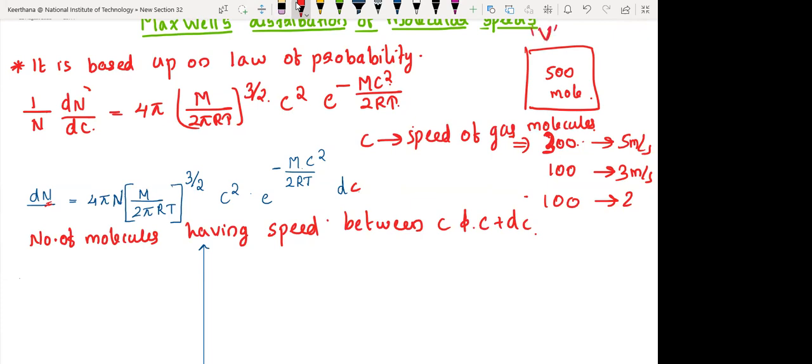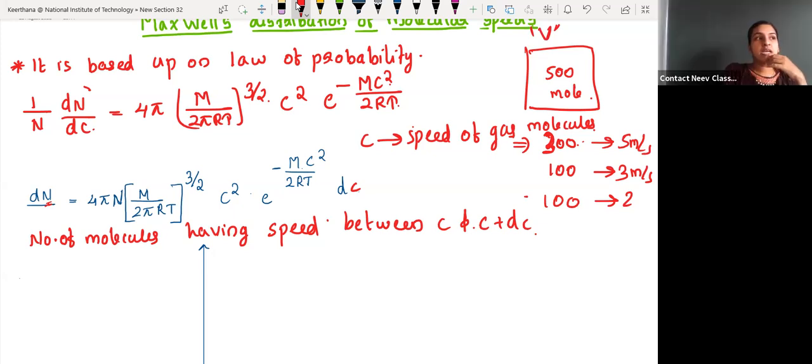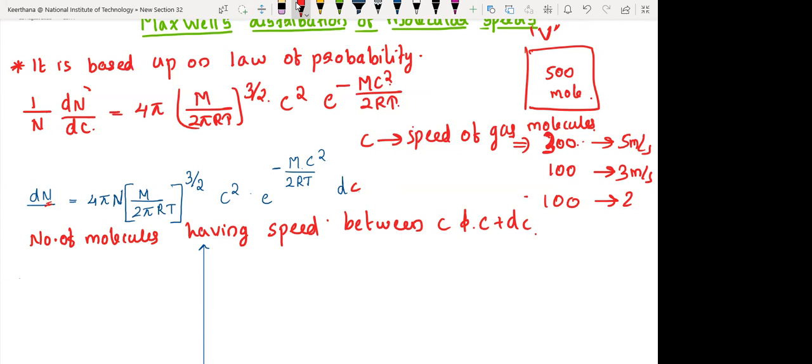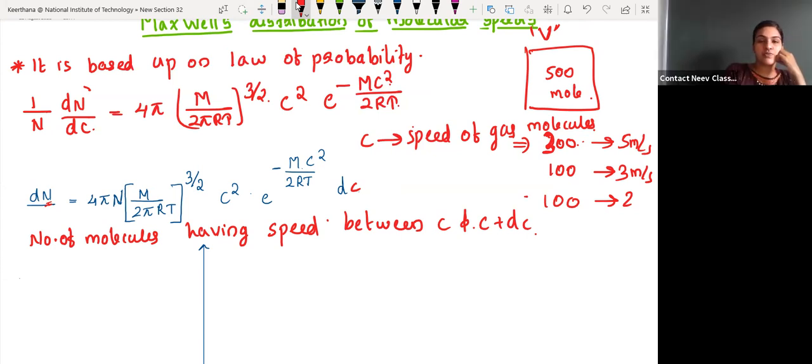Is it like root mean square speed, or what is it? This is the speed of molecules, and we found VMP, VRMS and the average speed using this expression. Using this Maxwell distribution of molecular speeds function, we found those values and equations, and this derivation also, but you don't need to study that. So c is just the speed with which a gas molecule moves at a particular temperature.